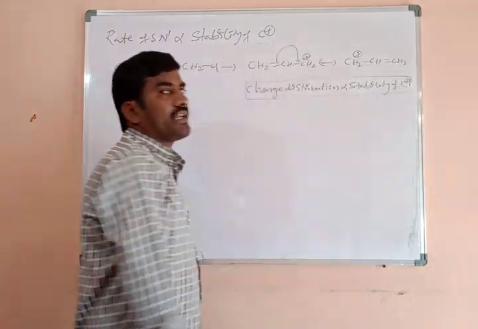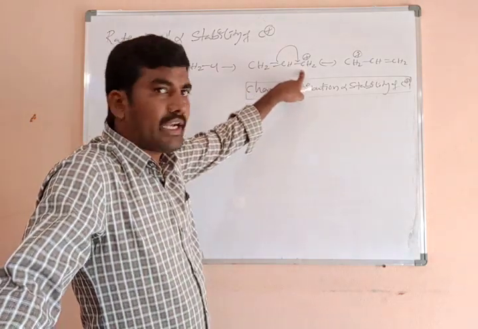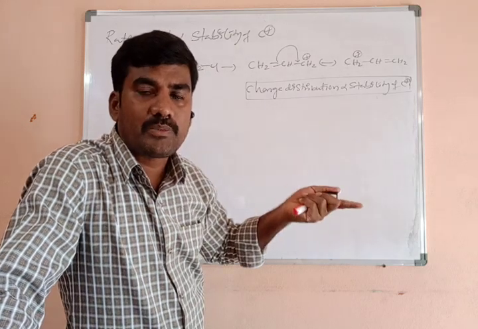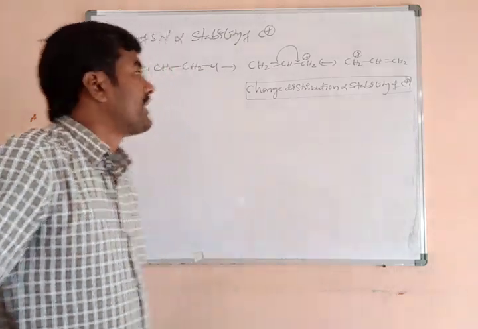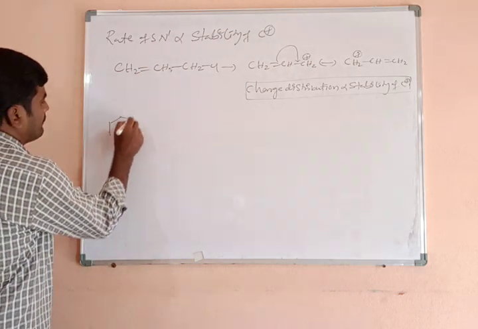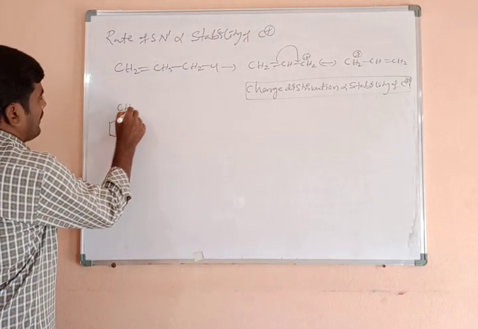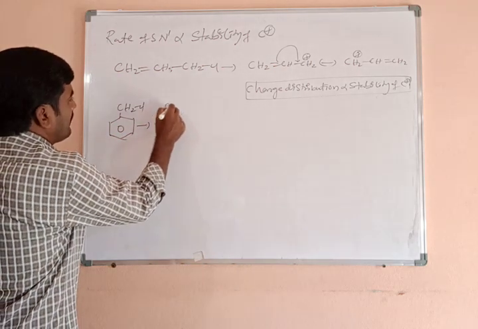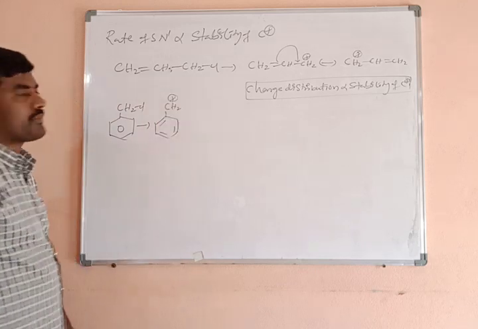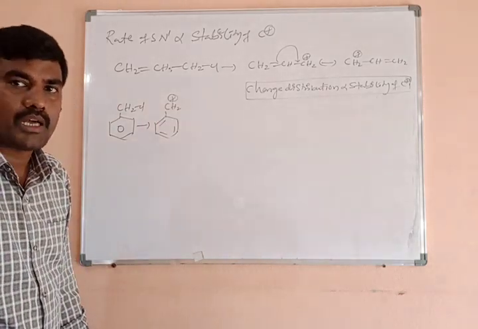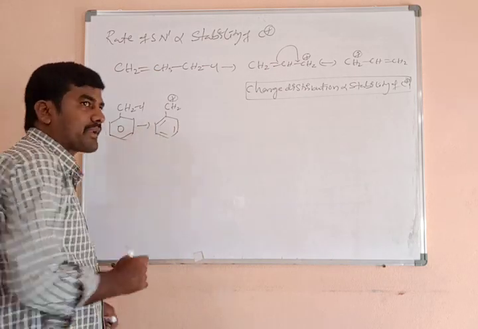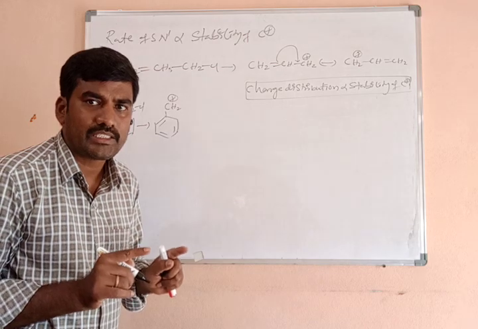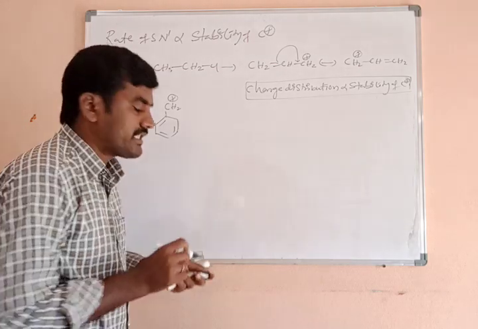Now the stability of carbocation increases. Even though it is a primary carbocation, it undergoes resonance stabilization, which means the stability of carbocation increases. So it is preferentially followed by the SN1 mechanism. Similarly, take benzylic chloride. After cleavage of the carbon-halogen bond, we will get a benzyl carbocation, with the positive charge on the primary carbon. Even though it is a primary carbocation, nucleophilic substitution reactions preferentially follow the SN1 mechanism, because